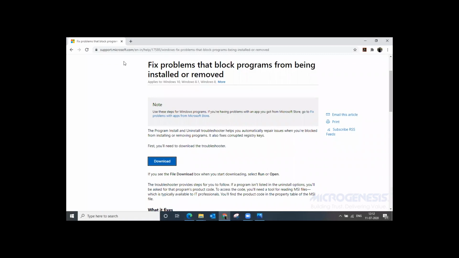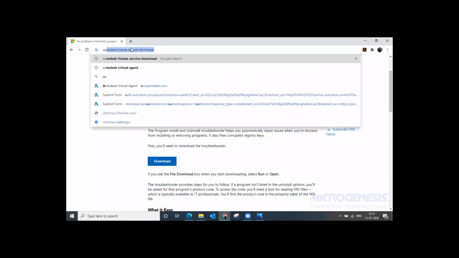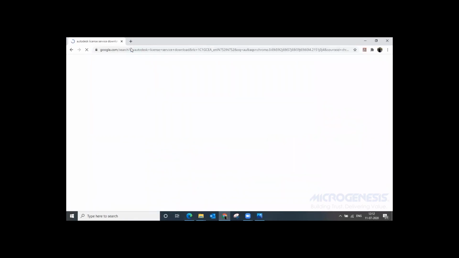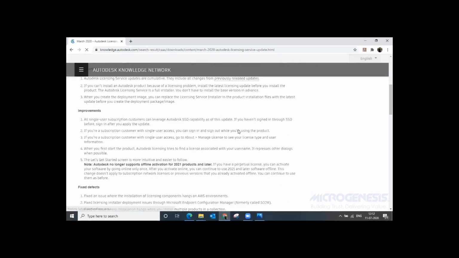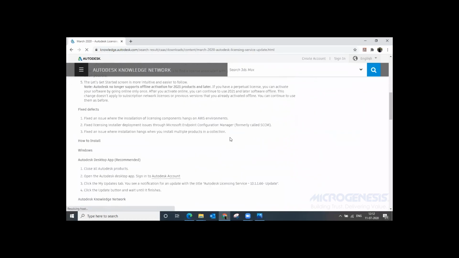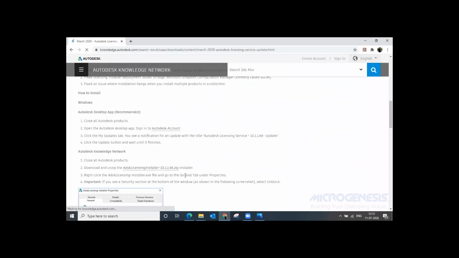After restarting the machine, sometimes it is necessary, sometimes it is not necessary, that we need to download the Autodesk License Service. So here on knowledge.autodesk.com, there is a first link. Click on that. And at the bottom, we can see the Autodesk license installer zip folder. Just click on that.